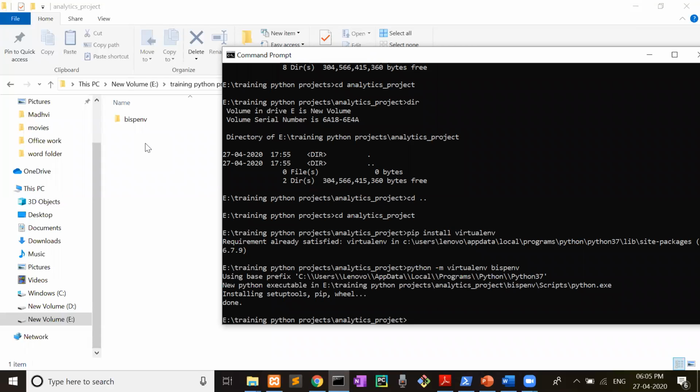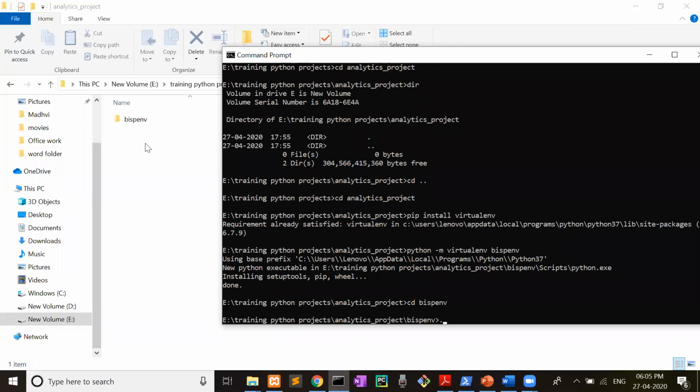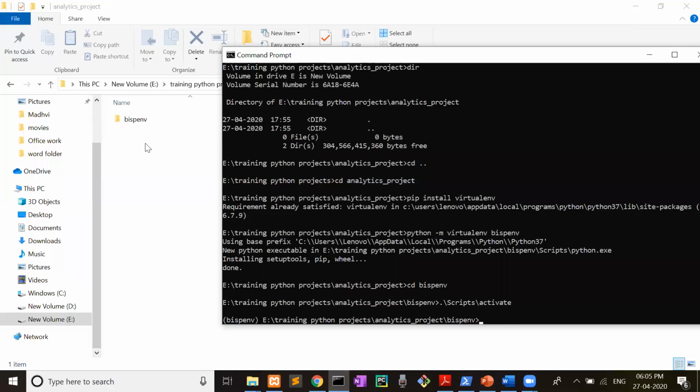Okay, now enter this bisp env. Then you need to activate the scripts. Activate. Now see here, you can see bisp env is written here. That means the script has been activated.